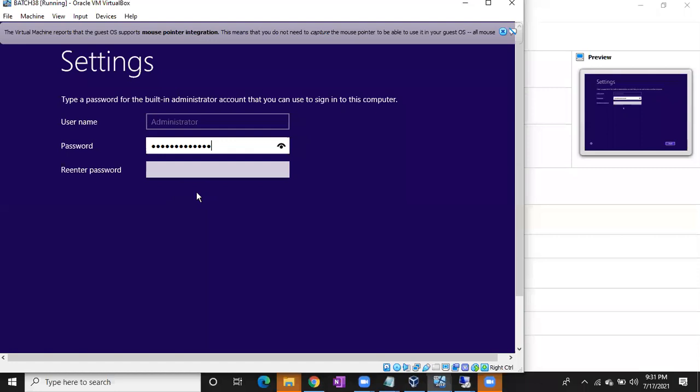Again, don't give different passwords in different scenarios. Choose one strong password throughout your course. In almost all 20 to 25 sections, we are going to use the password option. If you use different passwords, you will get confused about which section needs what password. Choose a strong password, one caps, one small, one number, minimum 8 characters of length.